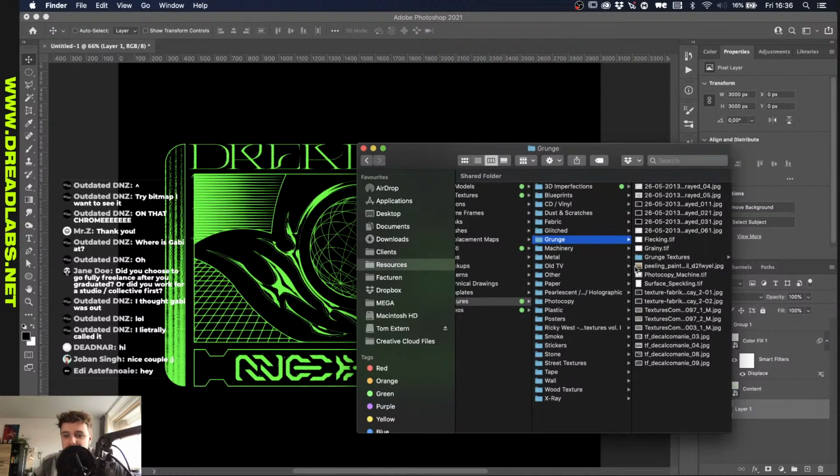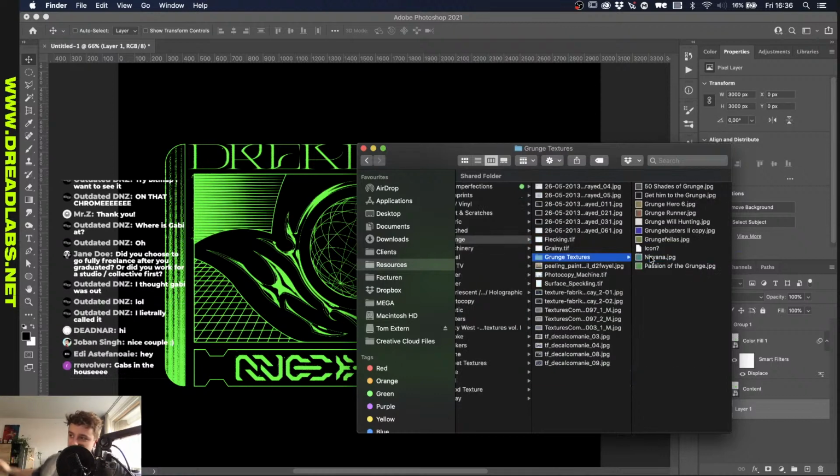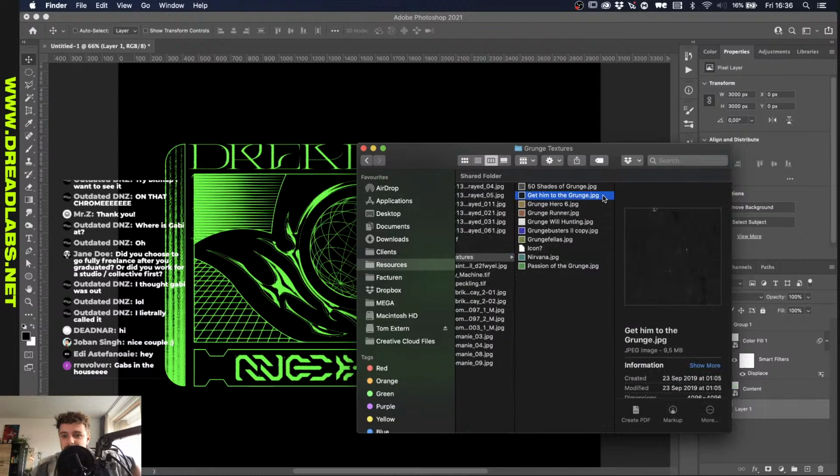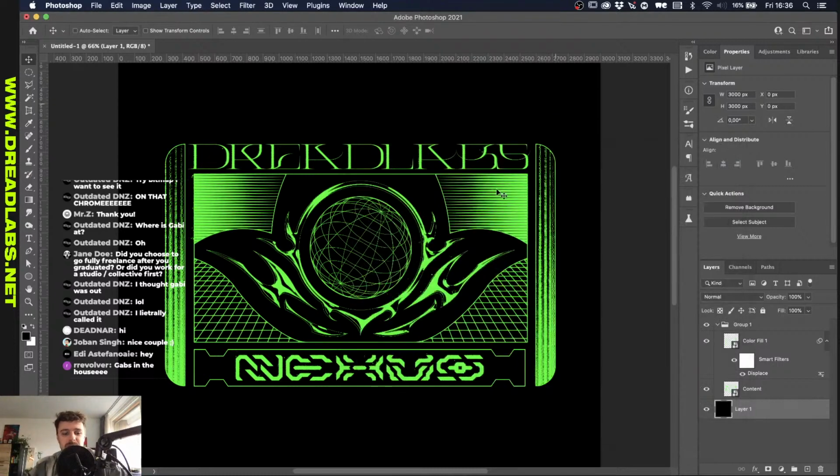So for the people that haven't been seeing it, I actually want to get a new Black Market photocopy scans texture pack. It looks really cool. These ones are actually also from Black Market, but